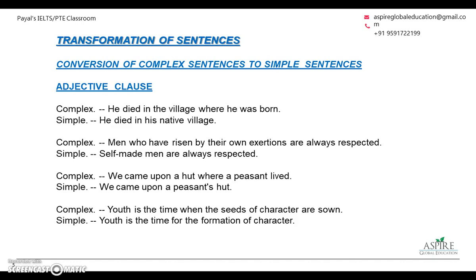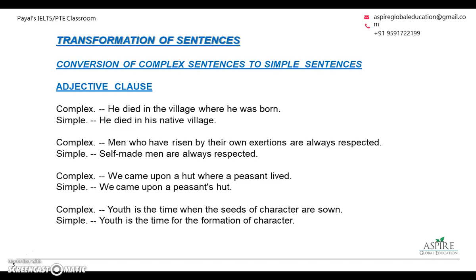Men who have risen by their own exertions are always respected. So, men who have risen by their own exertion, the whole group of words, the clause, is taken as one single word. Self-made men are always respected. That's the only way you can convert complex into simple, because in complex you have a group of words where